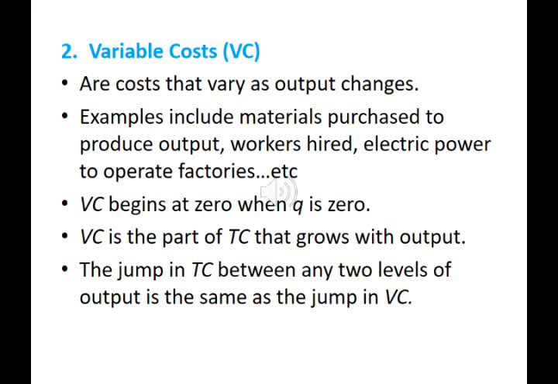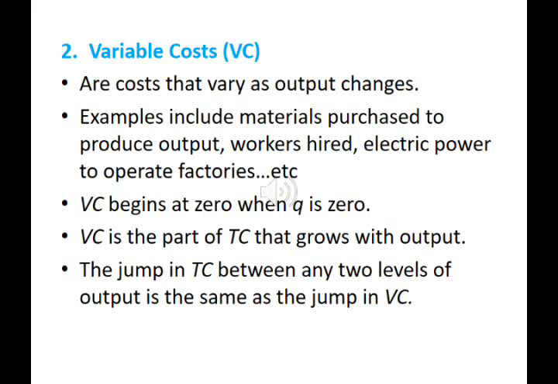The number of workers hired will also vary with the level of output produced. At the beginning, when my level of production is small, for example, I could just do with 2 workers. But the more output that I will need to produce later on will require more workers to be hired. So as you can see, workers in this case represent an example of a variable cost because they vary with the level of output. The electric power required to operate my factory,